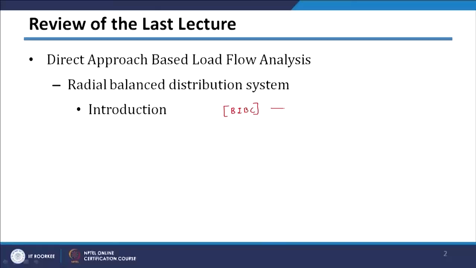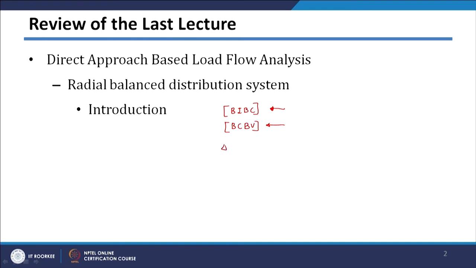So, basically it is similar to your backward sweep. Then we form another matrix, which is called the BCBV matrix, which basically converts your branch current